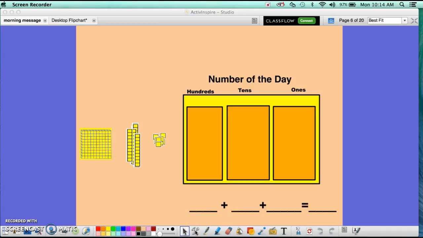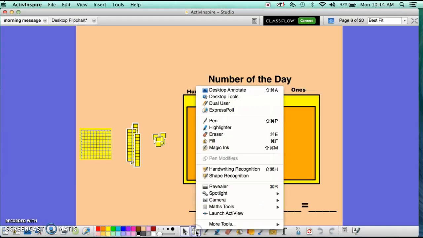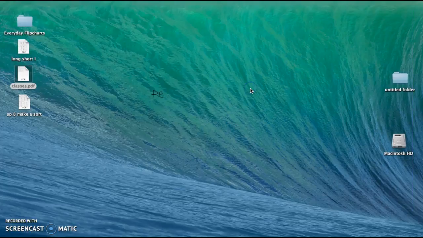The Toolbox has lots of really cool features. Some of them are actually available in other spaces as well. So when you click on it, the drop-down menu comes up. First one is Desktop Annotate, where you can go to the desktop in order to use a PDF, just in case you don't have the function of